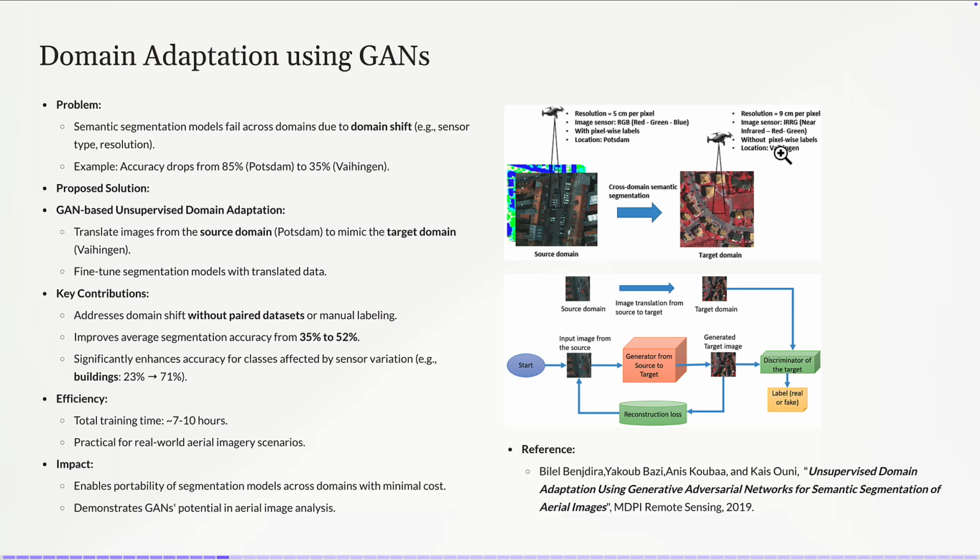واضحة الفكرة؟ الآن you have a segmentation model, it works perfectly on this domain, but will not work perfectly on this domain. So what we want to do is translate this image from this domain to this domain. Okay, so we will do image translation. Yes, we have the source and we have the target. We want to translate this source into this target, so it looks like it was taken from an infrared camera, because we have two different domains. And then I can use the same model. If I translate the image from one domain to another, I can use exactly the same trained model. I don't need to retrain another model.